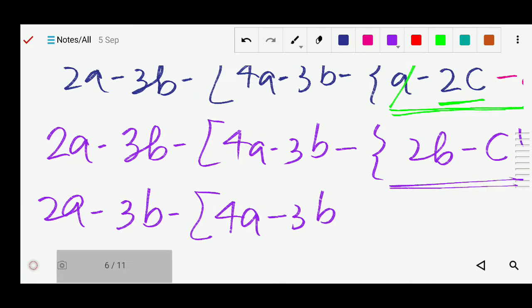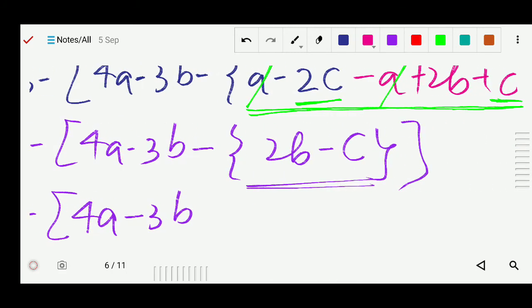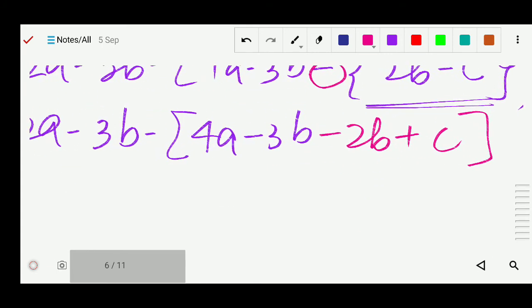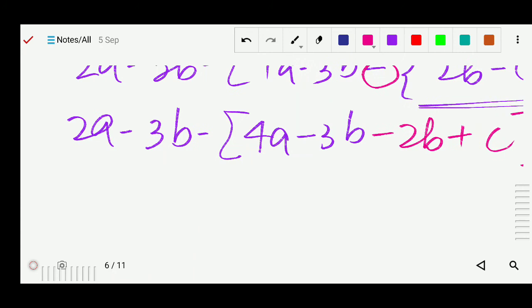Now this medium bracket we will remove. So here is the minus sign, so all the signs will again change. So here will be the minus 2b, now here will be plus a, because before 2b there is a plus sign, so that will change now inside the bracket. Now next step you can see, now I will remove this bracket again. First we solve inside that, so 2a minus 3b.